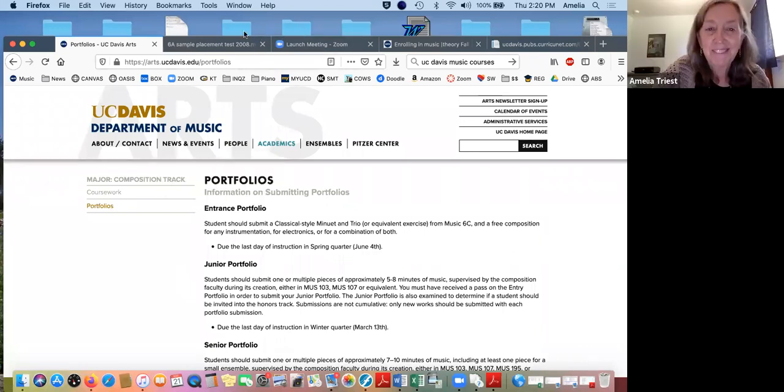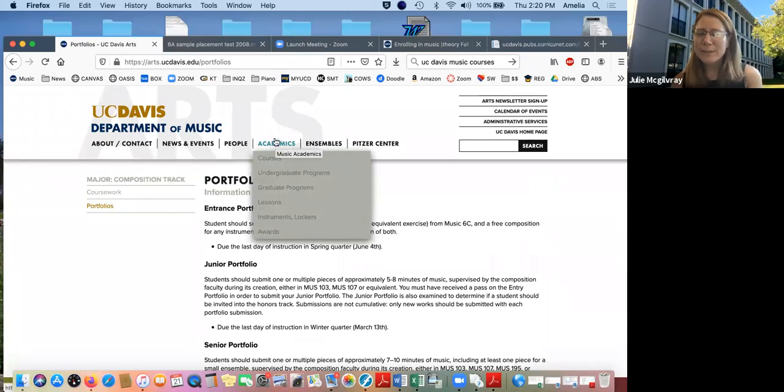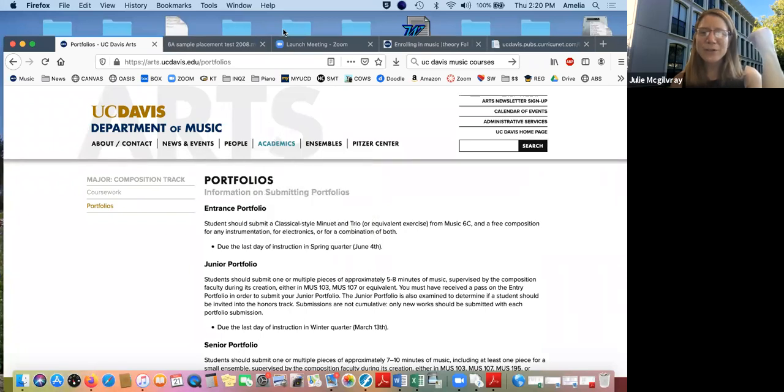Another thing that leads me to remind everyone is that you will be added to our listserv. We have a music listserv just for music majors, and we will add your name, and you will get any information we want to send out to you, such as when the performance jury will be held and where, and when it's time to submit a composition to be accepted into the composition track. You'll receive emails on that from us. And it also will most likely be posted on the department website.